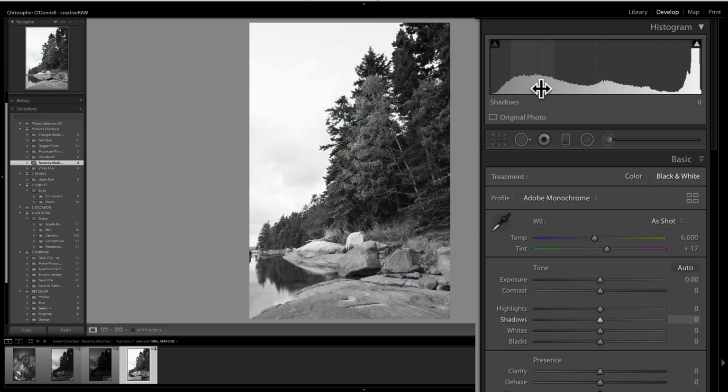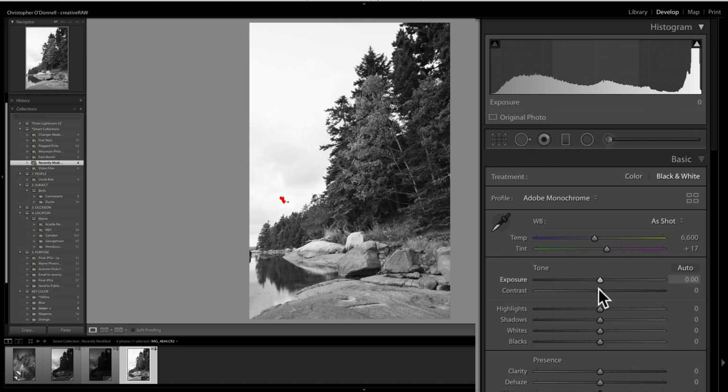Now, if we're reading this histogram, you can see that there's a pretty high peak here right around my highlights, pushed all the way up to the very brightest whites. This is telling me that there's a high concentration here of very bright pixels. And when looking at the image, you can tell it right away. The entire sky and a little bit of the foreground here is pretty bright, which is a substantial portion of